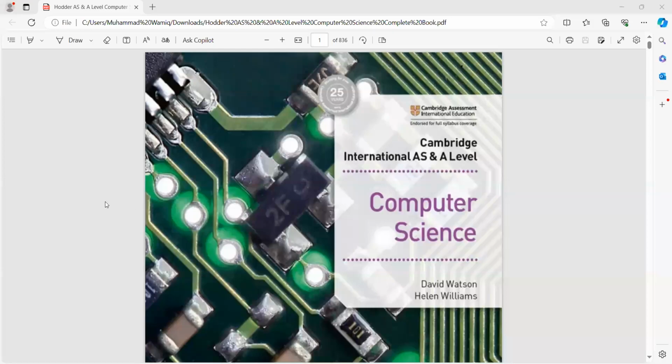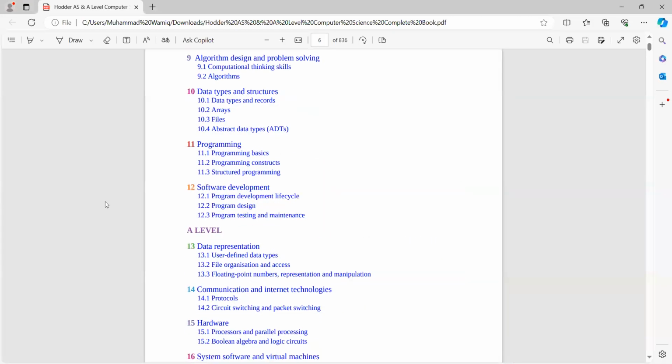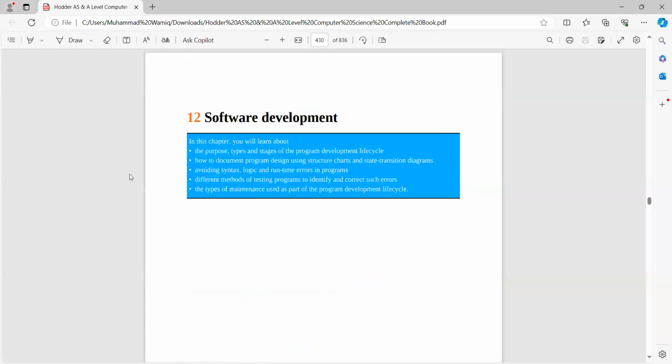मैं आपके साथ चैप्टर नंबर 12 डिस्कस कर रहा हूँ और चैप्टर नंबर 12 हमारे पास है सॉफ्टवेयर डेवलपमेंट। तो उस चैप्टर के अंदर से हम ये भी डिस्कस करेंगे कि पेपर पॉइंट ऑफ व्यू से हमारे पास किस तरह के क्वेश्चन आ सकते हैं। तो फर्स्ट ऑफ ऑल, इफ आई एम रेफरिंग टू द सॉफ्टवेयर डेवलपमेंट,